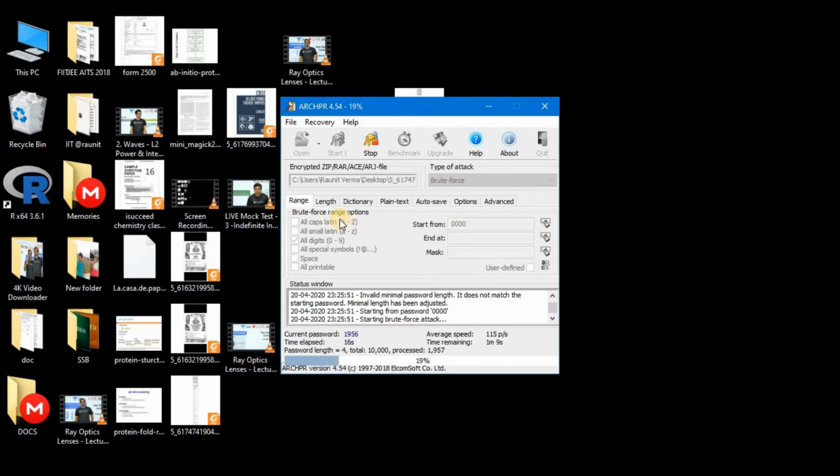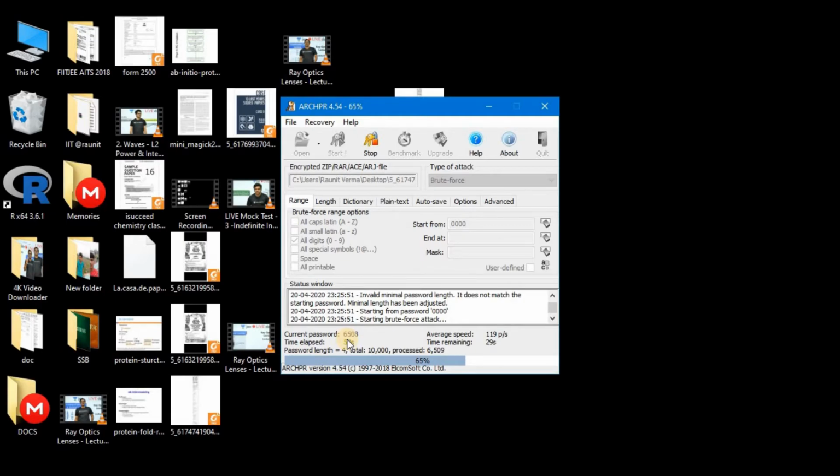If your password contains all capitals, all small letters, digits, and special symbols, then it may take a very long time, days or weeks to complete. Let's wait and watch. Now you can see that it is trying all the passwords which consist of a 4-digit number, and it will show the password when it is successful.